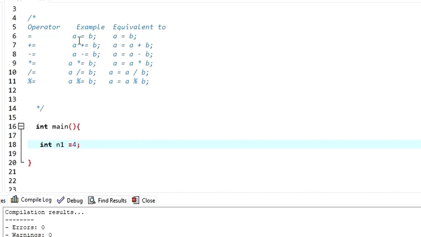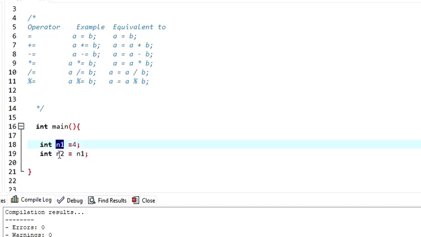Or maybe if you want to take a look at this example, I'm going to create another variable. Let me call this variable n2. I need to specify the data type integer. Now I'm going to assign the value for this variable from the variable n1. We have seen quite a number of examples using the same. So what does that mean? I'm assigning the value of the variable n1 to n2.